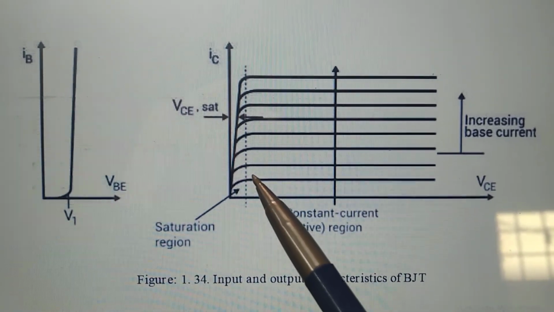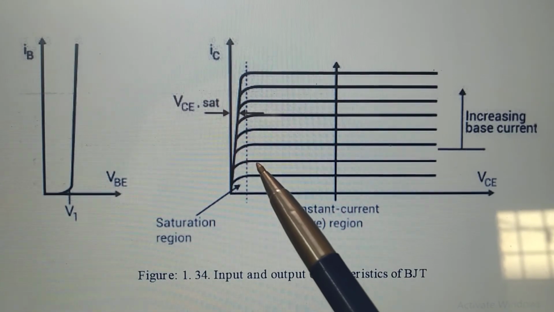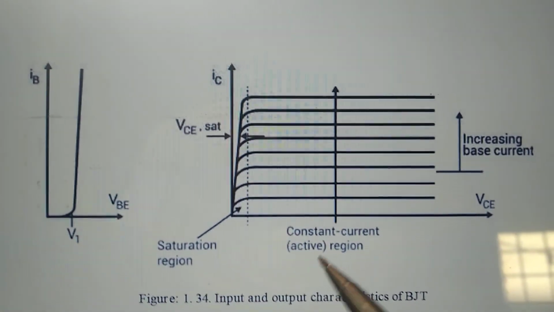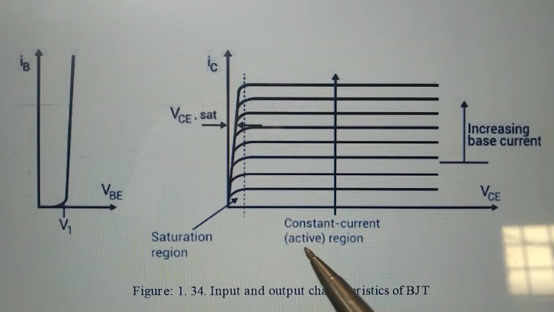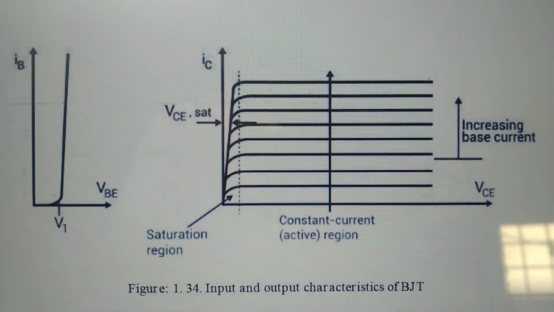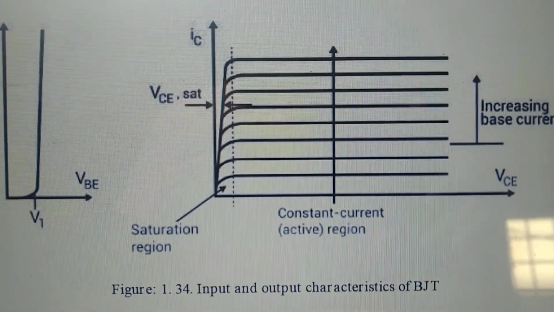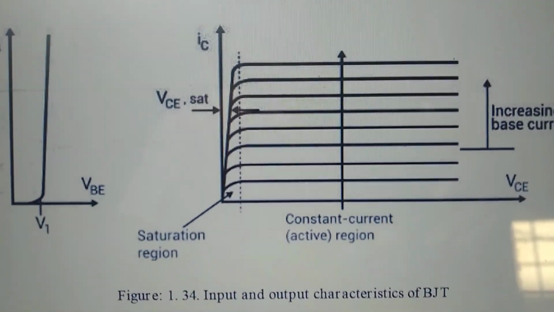One saturation region is quasi saturation region and the other one is hard saturation region. As we know, there are three regions: cutoff region, active region, and saturation region. In cutoff region,